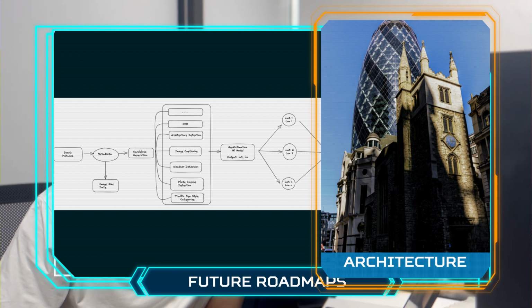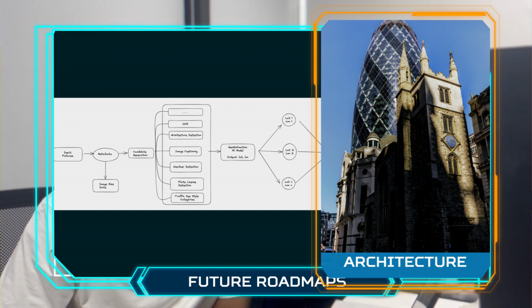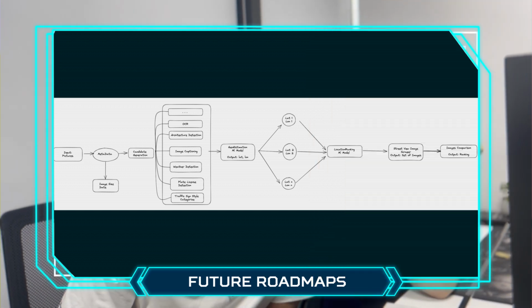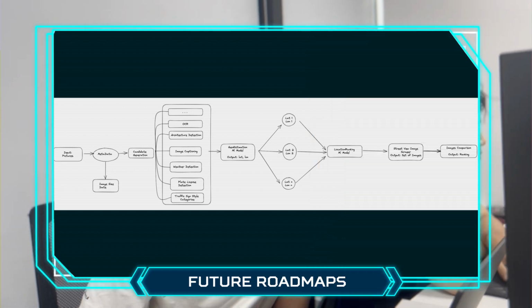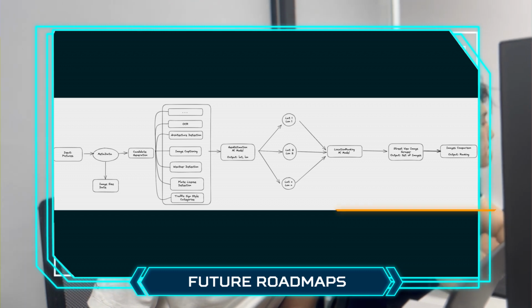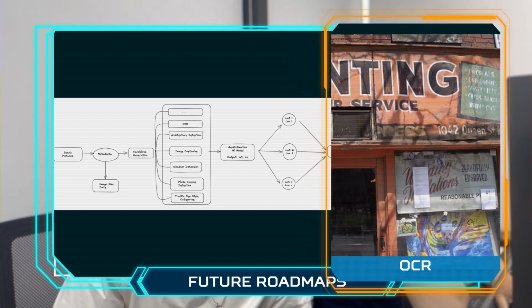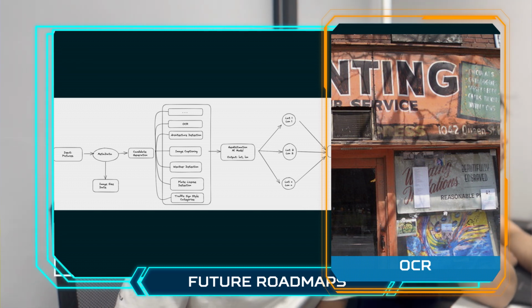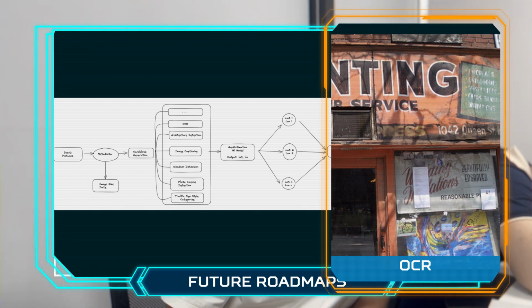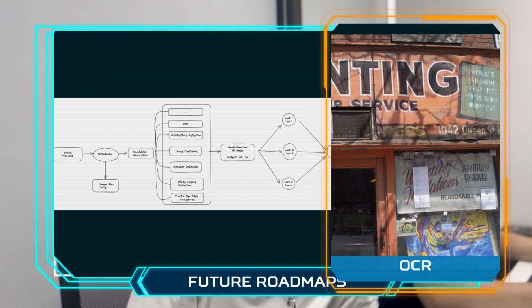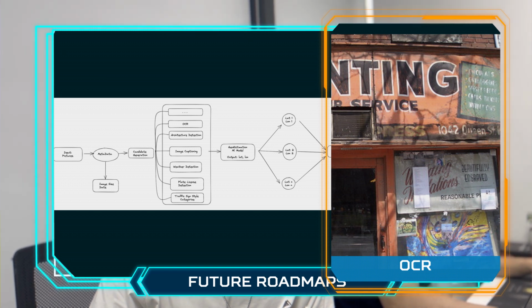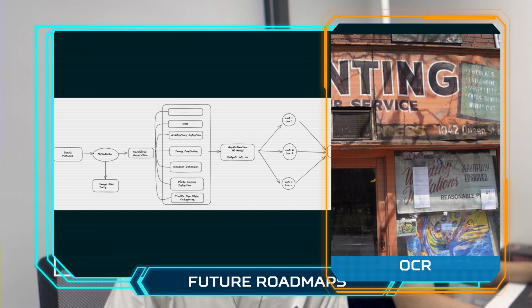It will be able to determine the location of a photo based on the size of the window or the shape of the roof. The second module that we're gonna implement is the OCR. It stands for optical character recognition. Our model will scan any text visible in the image, identify the language, and if possible, interpret if the text indicates an address. Such detail can significantly enhance our model's ability to pinpoint the location, thereby providing more accurate results.